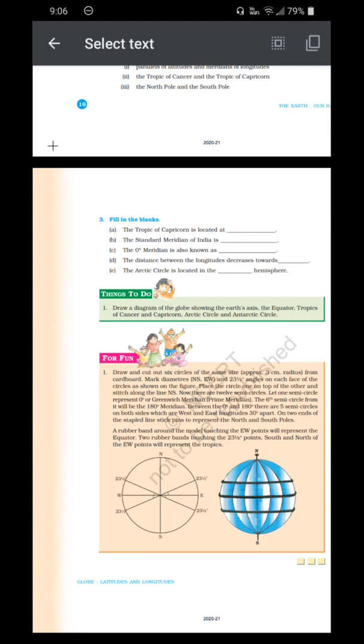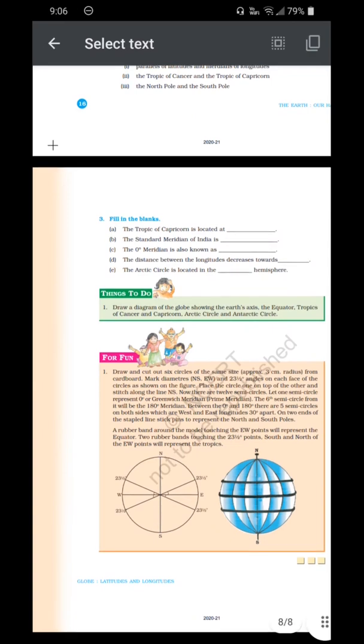Things to do. Draw a diagram of the globe showing the Earth's axis, the equator, tropics of Cancer and Capricorn, Arctic Circle and Antarctic Circle. For fun,